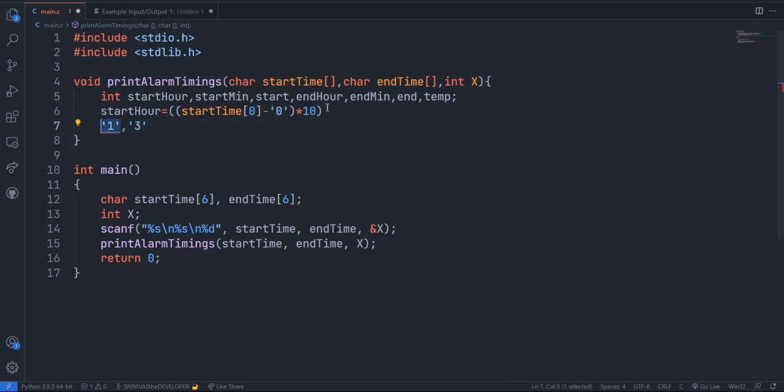We have to get this value at the first index in integer. If I just do 1 minus 0, it will give you integer 1, right? But if I add 3 to it, it will be 4, but we need 13, right? For that I am typecasting this 1 as 10 by multiplying with 10. If I add 3, it will become 13